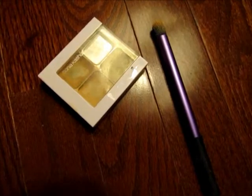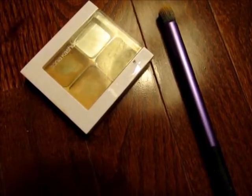Once I am done blending out my foundation completely, I'm going to be moving on to concealer. I'm using the Sonia Kashuk Hidden Agenda Concealer Palette. I'm taking the lightest concealer in the palette, and I'm making a triangle underneath my eyes, and this is kind of like a highlight. I'm also going to be taking that lighter concealer, placing it down my nose, in between my brows and above my brows, on the middle of my chin,